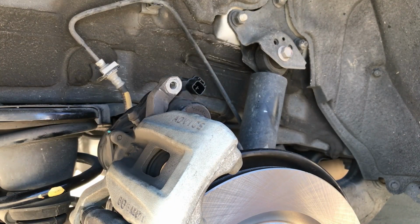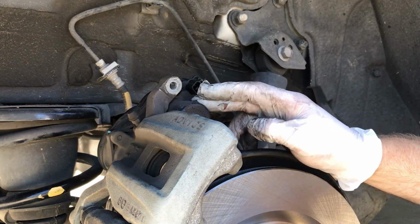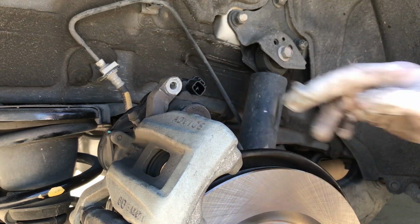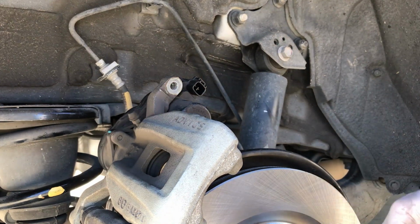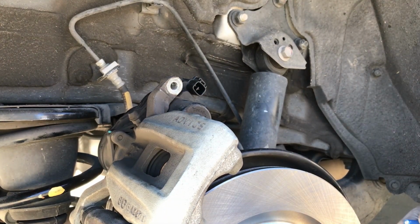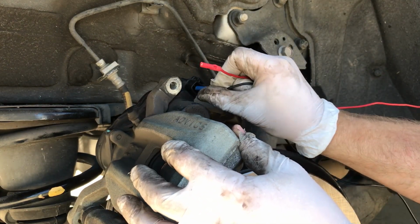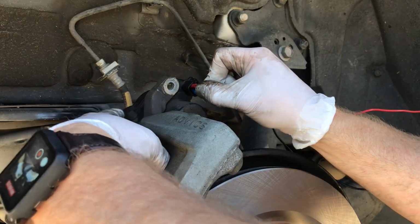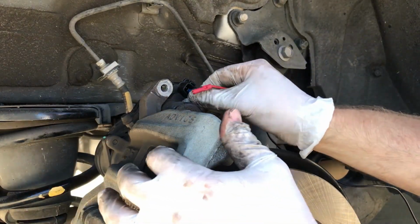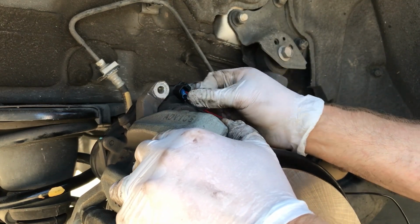So for the passenger side, we need to determine which terminal we need to use for positive and negative on the e-brake motor to retract the piston. On the driver's side, we needed the positive wire on the top terminal and the ground on the bottom to retract the piston. So we're going to try the same here. We're going to put the ground here on the bottom terminal and positive to the top, and that's opposite on this side. For this side, we'll put the ground on the top, positive on the bottom,